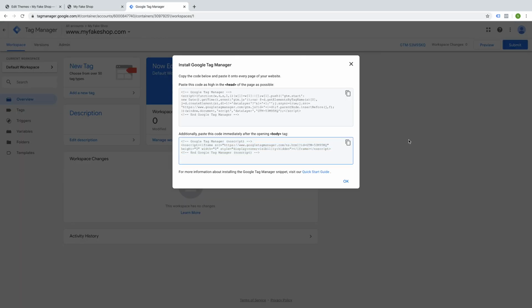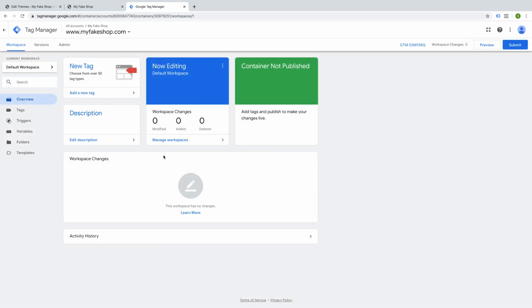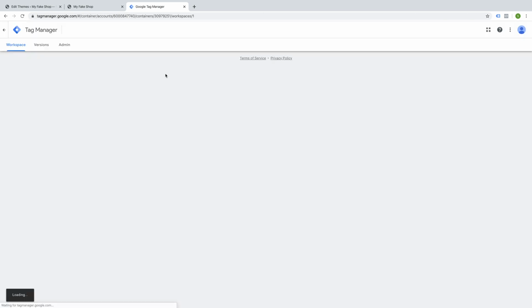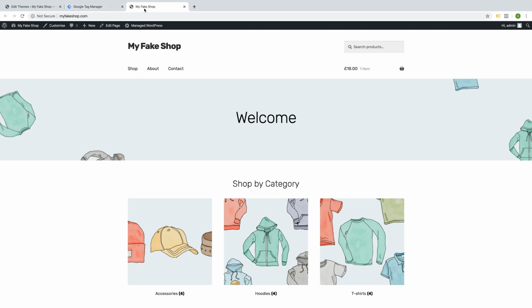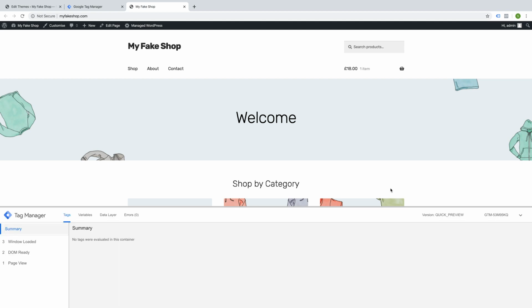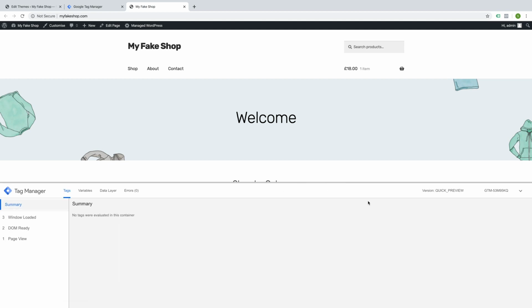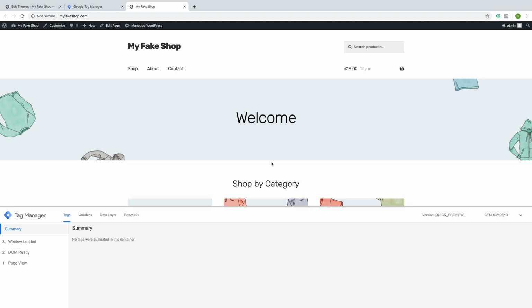Another way to do it is that if we go back to our Google Tag Manager interface, we can go to Preview, and this will put it into preview mode. So then if we go back to our tab with our website, we can refresh this, and we should see, there we go. The Google Tag Manager debugging tool has popped up on our page, so that confirms that